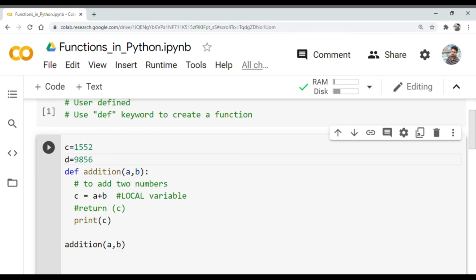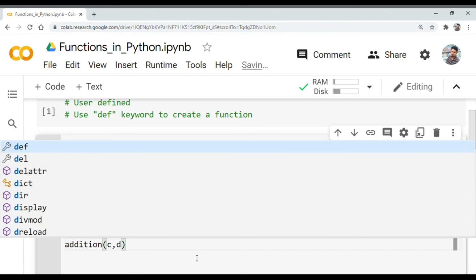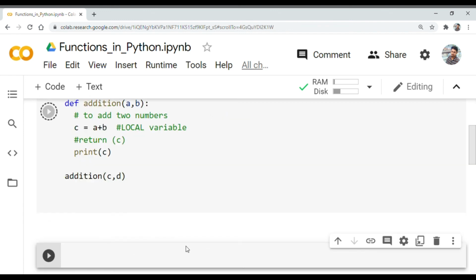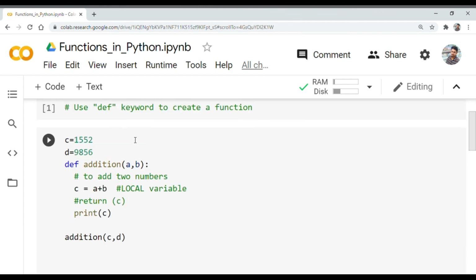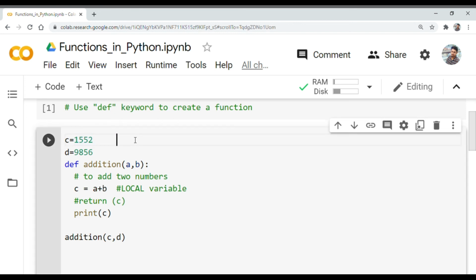Let's do one thing: let's take c and d. Now c and d are two variables which are global, and a and b are local. If you observe here, c in the global variable has the value of 1552, and in the local variable c has the value of the sum of c plus d, I mean 1552 plus 9856.